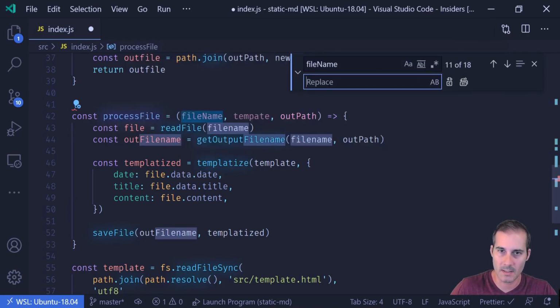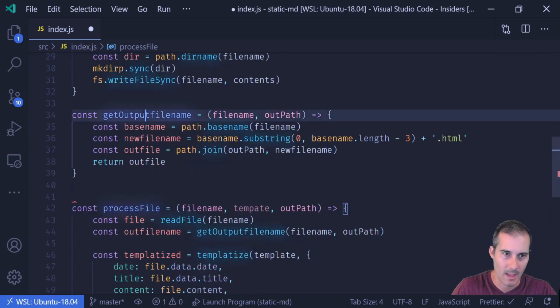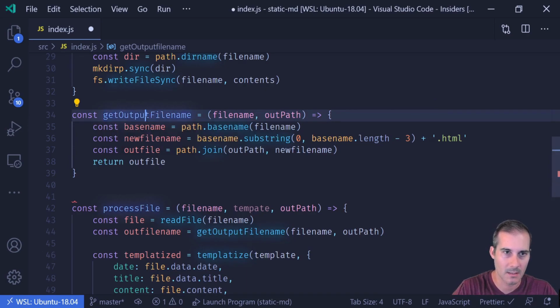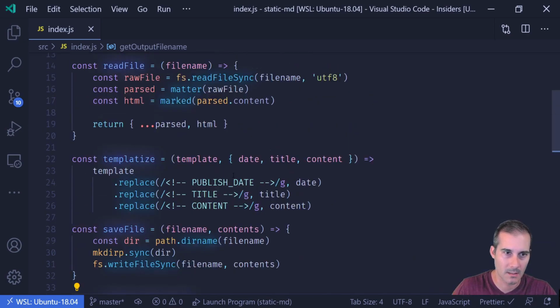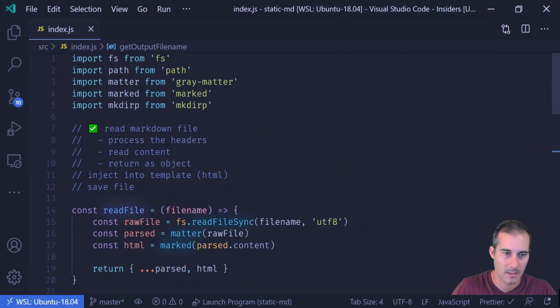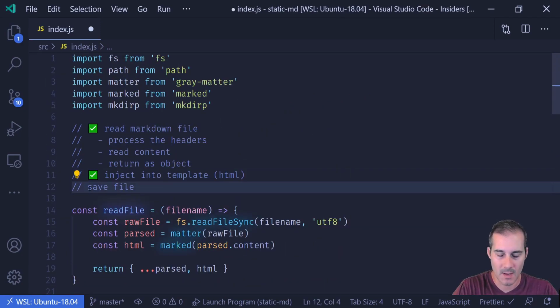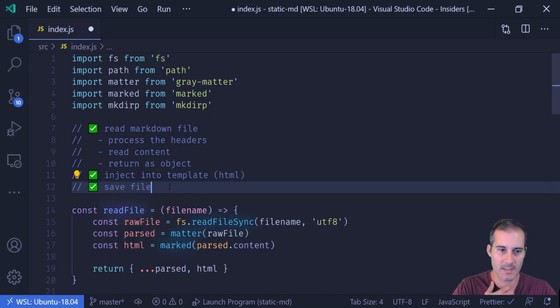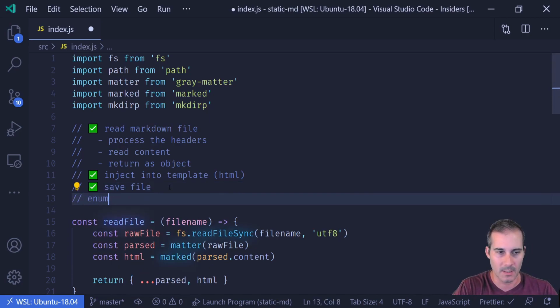Okay, and just to make this consistent, I'm going to make everything lowercase file name. It looks like I over replaced. We've injected into the template, and we've also saved the file, but there's one more piece, which is to enumerate